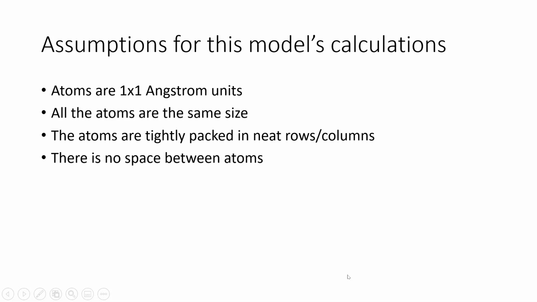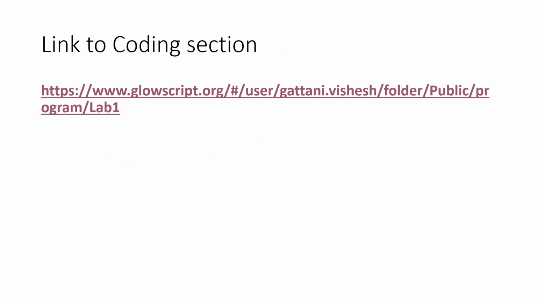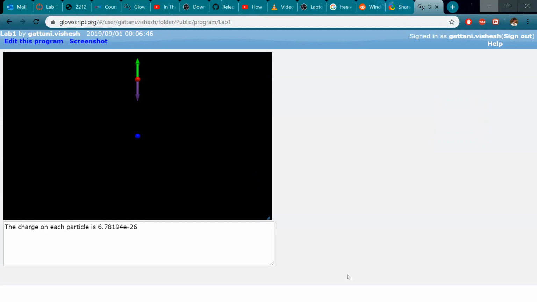Some assumptions we made for this overall calculation model were that atoms are 1 by 1 angstrom units. They're all roughly the same size, and they're all tightly packed in neat rows and columns, with no space between them. This allows us to calculate the rough area of the amount of space on tape B and convert it to atoms. Then if we take a look at the coding section, over here I modeled